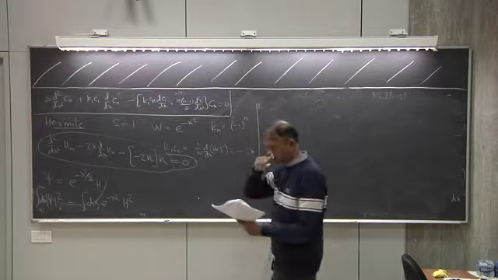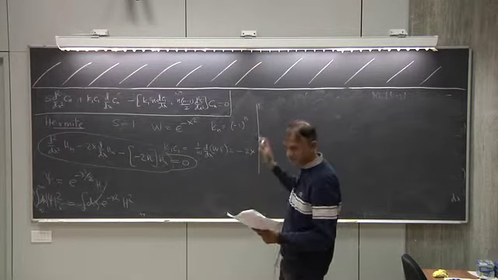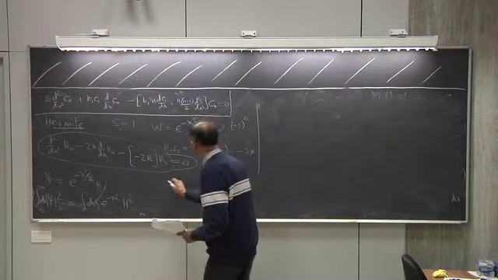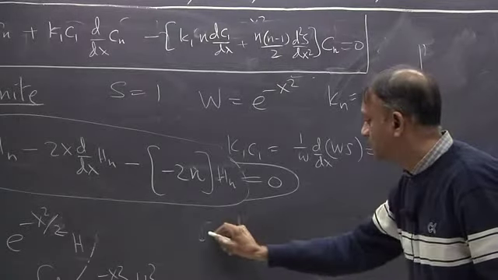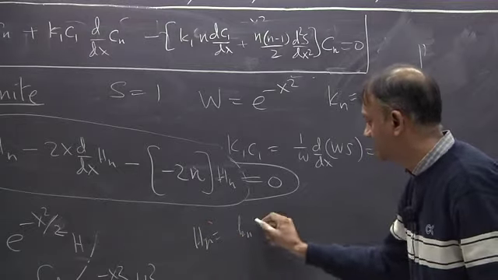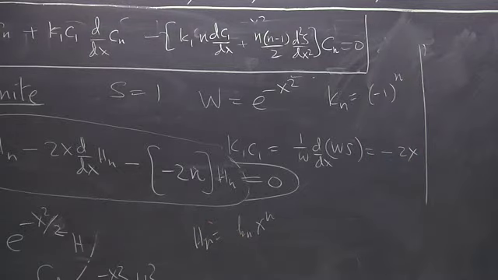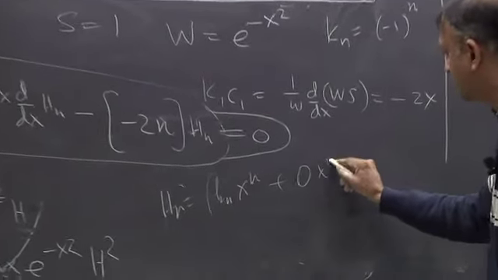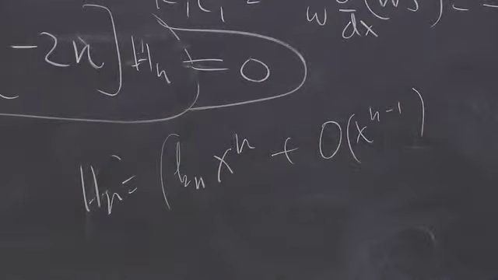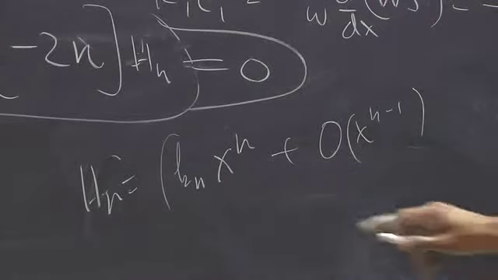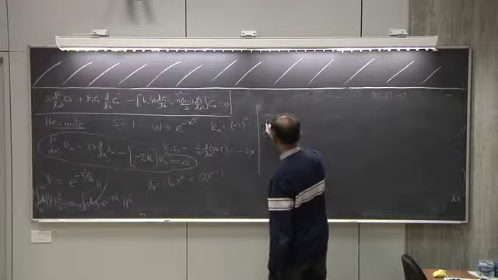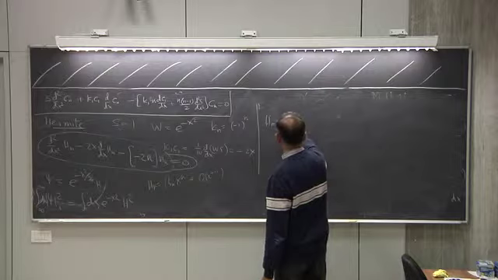Suppose we choose this minus 1 to the n. Then we can determine what Kn is. Remember, Kn is the coefficient of x to the n. So let's see how we can determine this coefficient, plus order x to the n minus 1, a polynomial of degree n minus 1. To determine Kn, we just look at the equation, which is Hn equal to 1 over Kn